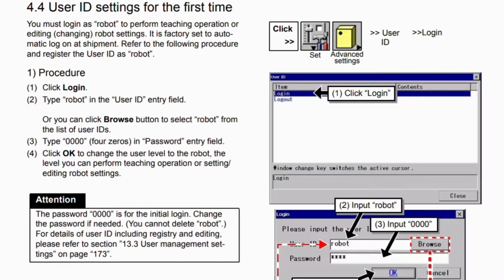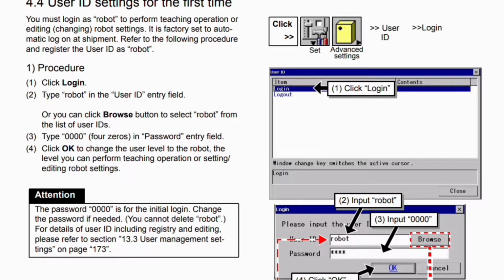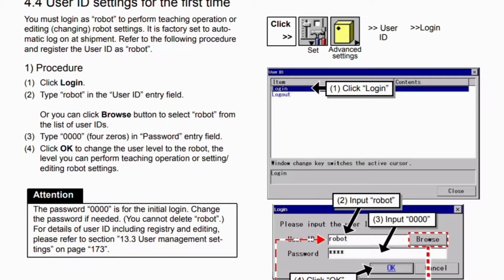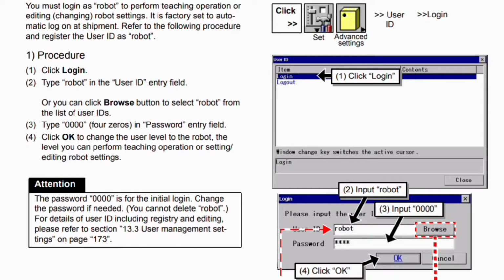First procedure, click login. Second, type robot in the user ID entry field. You can see all this procedure in this image, or you can click the browse button to select robot from the list of user IDs. Third, type 0000, four zeros, in the password entry field. Fourth, click OK to change the user level to robot, the level at which you can perform teaching operation or setting